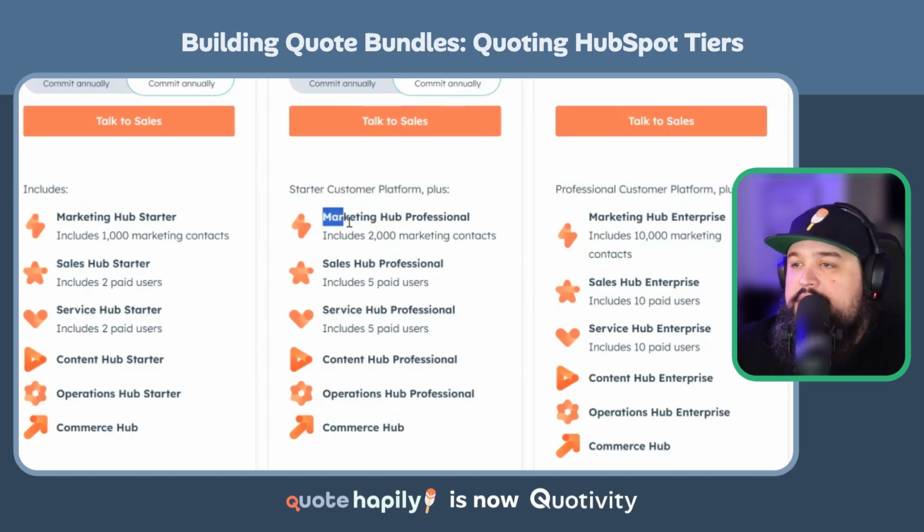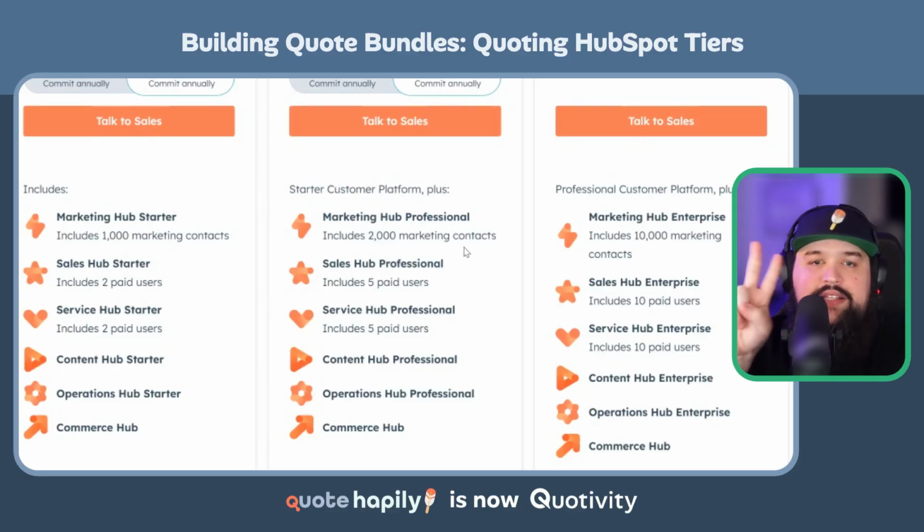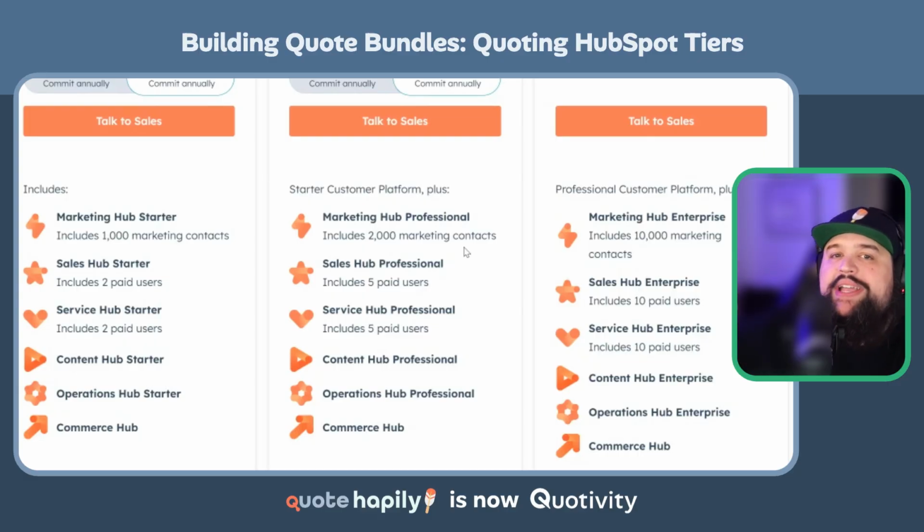But we'll notice here that you can sell Marketing Hub Professional, and it comes with a baseline of 2,000 marketing contacts. So when you have Marketing Hub Pro, you can add additional 2,000 packs of marketing contacts, right? So we're going to have some way of selling not only Marketing Hub Professional at a baseline with the 2,000 contacts, but being able to add additional increments of more marketing contacts,